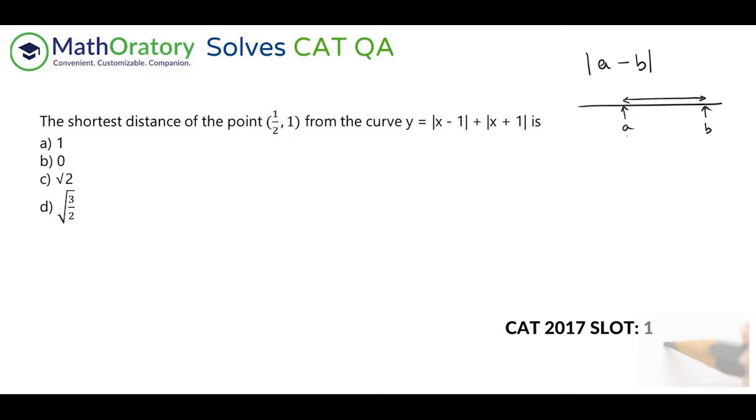Now, this question asks for the shortest distance of this point from the curve of this. Now, the important part is to understand how the curve will go. The way we are going to derive the curve will be typically a little different from how in the books you will find the derivation of this curve. I'll just show you a very simple method. You need to understand this in detail once. So just bear with me.